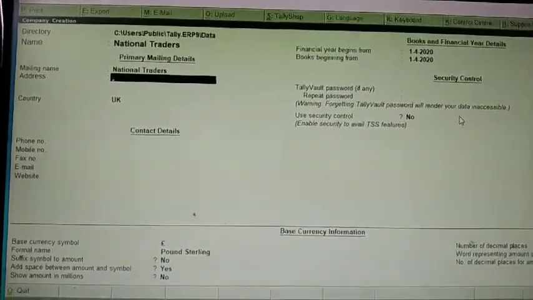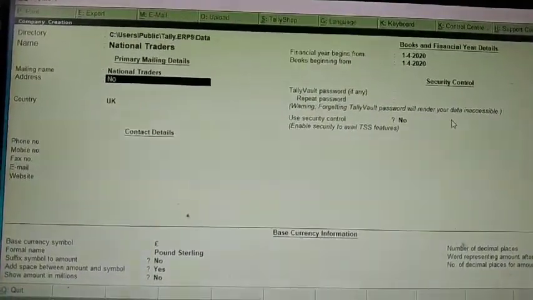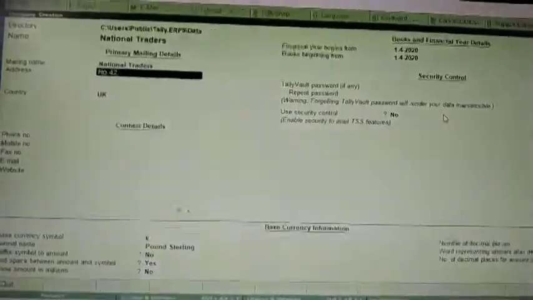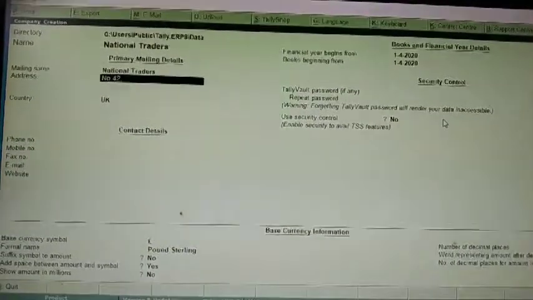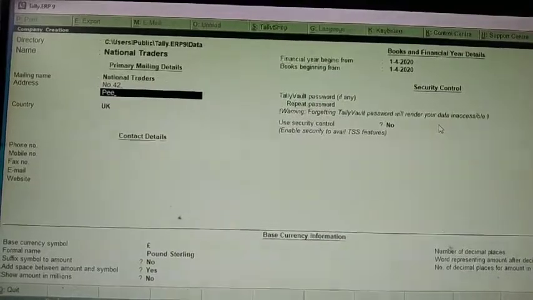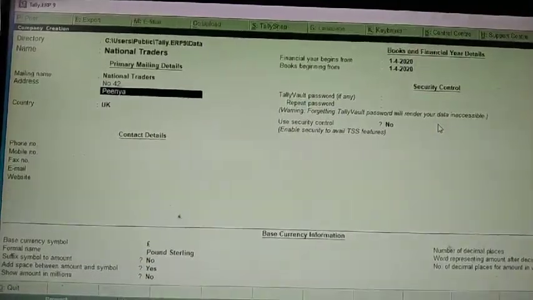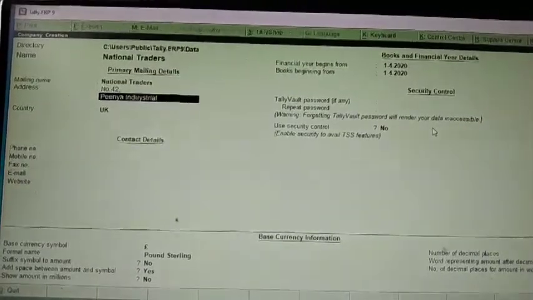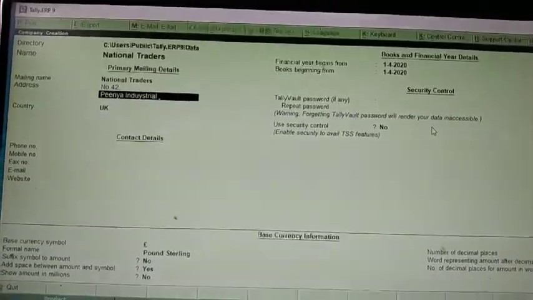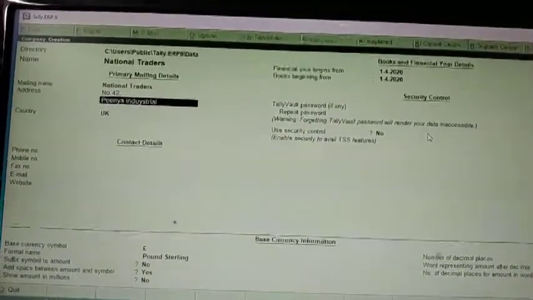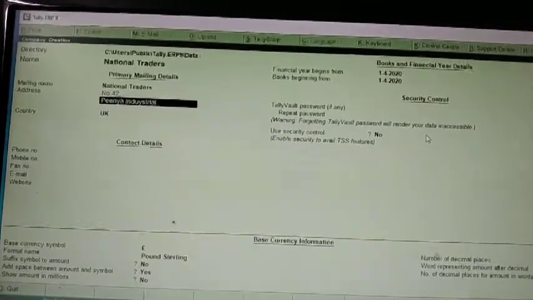Address of the company: number 42, Peenya Industrial Area, Bangalore.